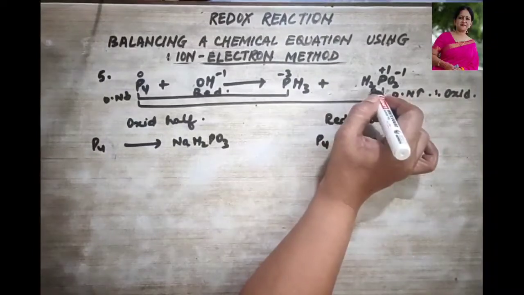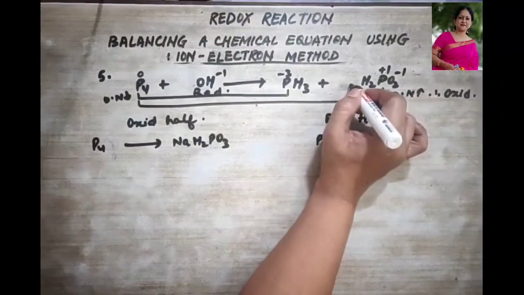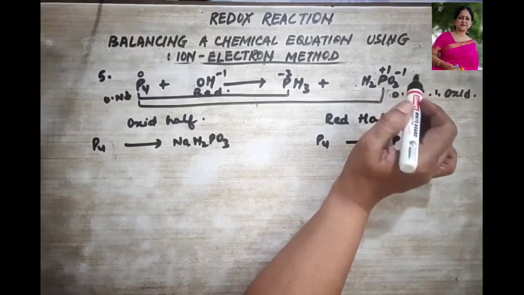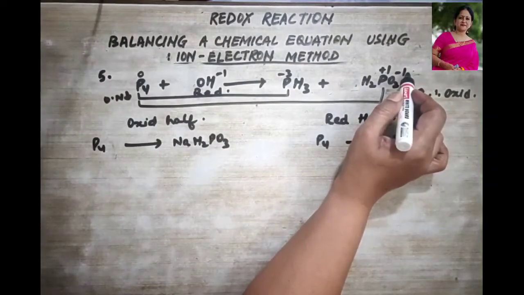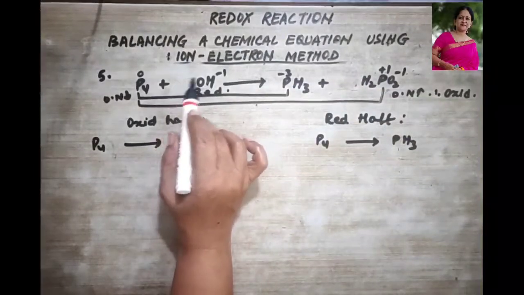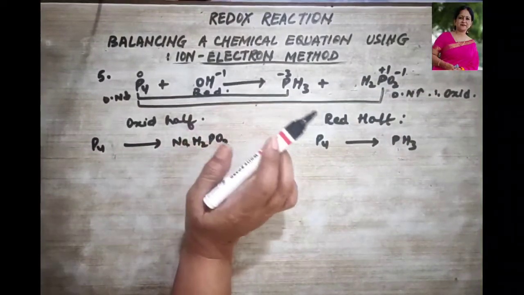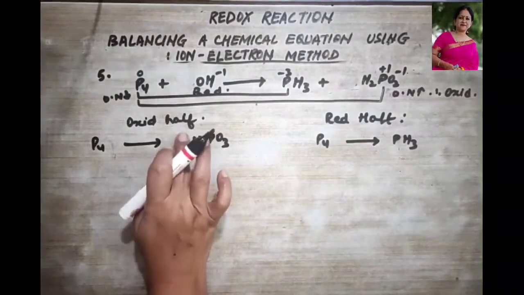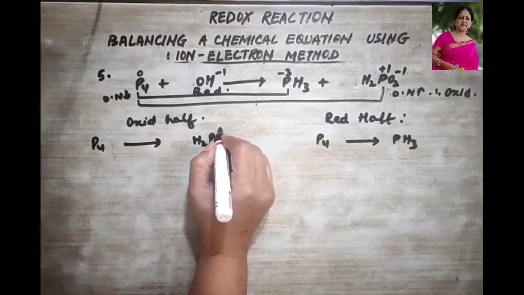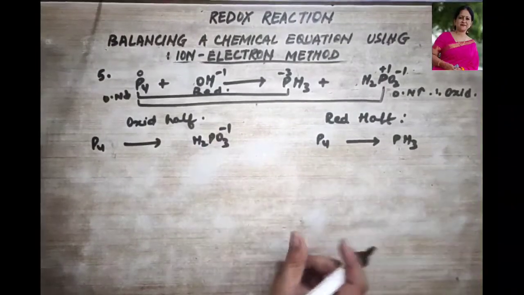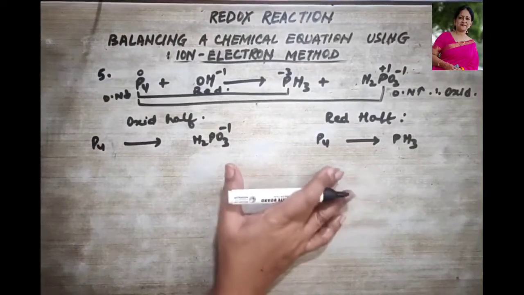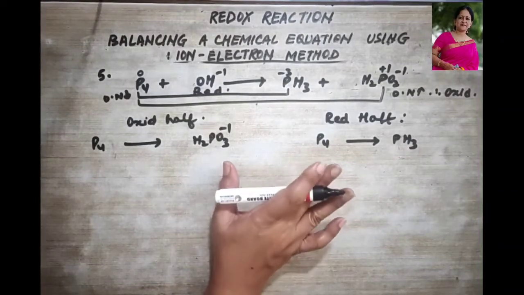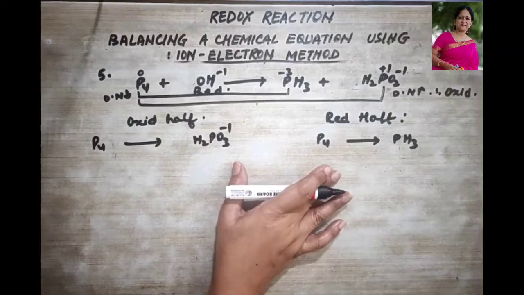It was NaH2PO2, right? So Na means 1. So this is your negative radical, or acidic radical, so this becomes -1, and over here NaOH, so OH also -1. This is very clear. So I remove hydrogen from here also and make it -1. Here we don't have hydrogen. Now over here we are going to balance the equation. We will bring back the sodium at the end, you don't worry. So now what do we have to do?